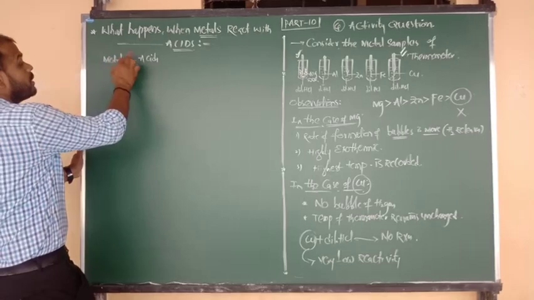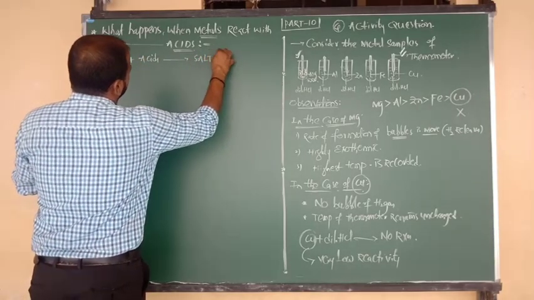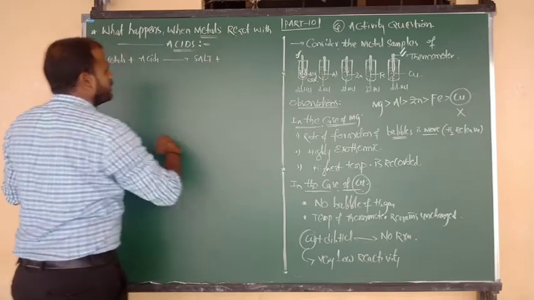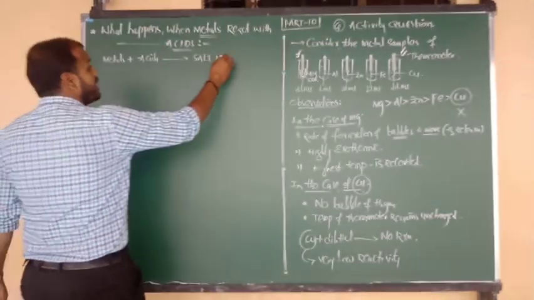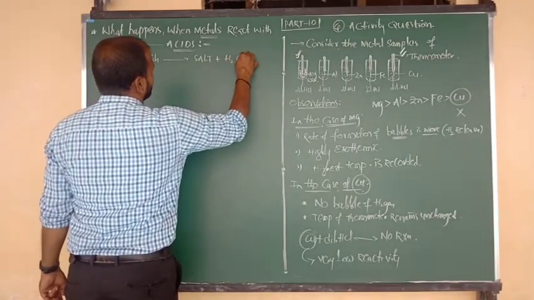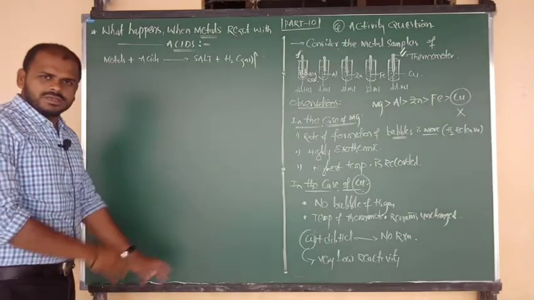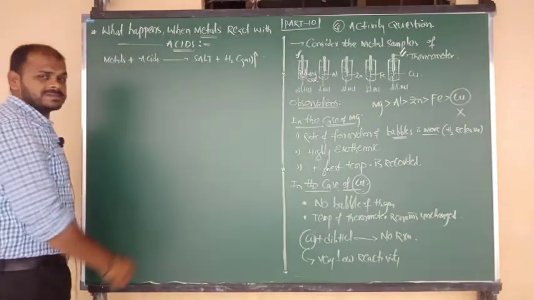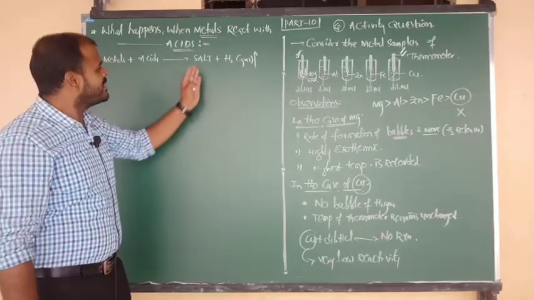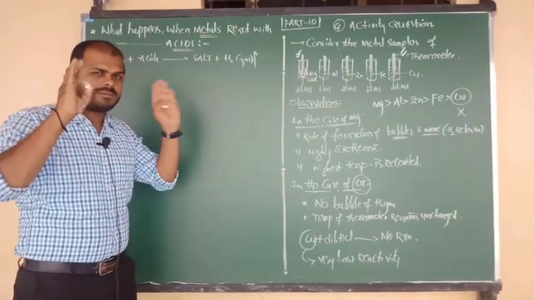Metals on reaction with acids, first of all they are going to form the respective metal salt. Magnesium to magnesium salt, calcium to calcium salt, like that manner. And also there will be release of gas. The gas is nothing but H2 gas, liberation will take place. So how to say the statement here? Metals on reaction with acids, they are going to form the salt and liberation of hydrogen gas will take place. Fix that in your mind.